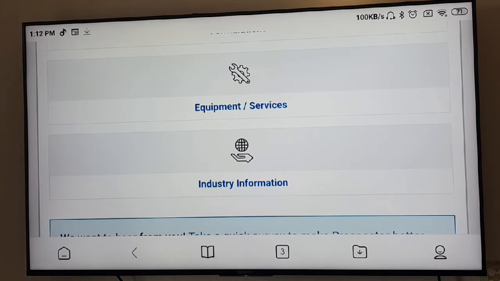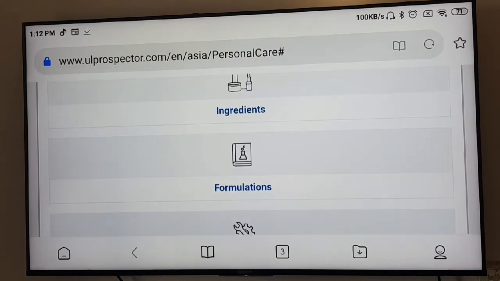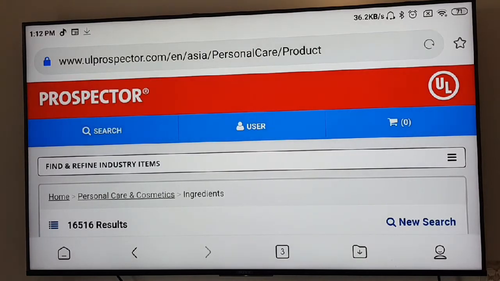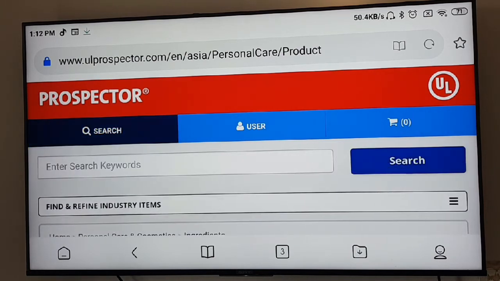Whatever you want to search. If you search ingredients, formulations related to that ingredient will also be given in the database. You say ingredients, okay? Now there are 16,500 results on ingredients. So I will refine this search.